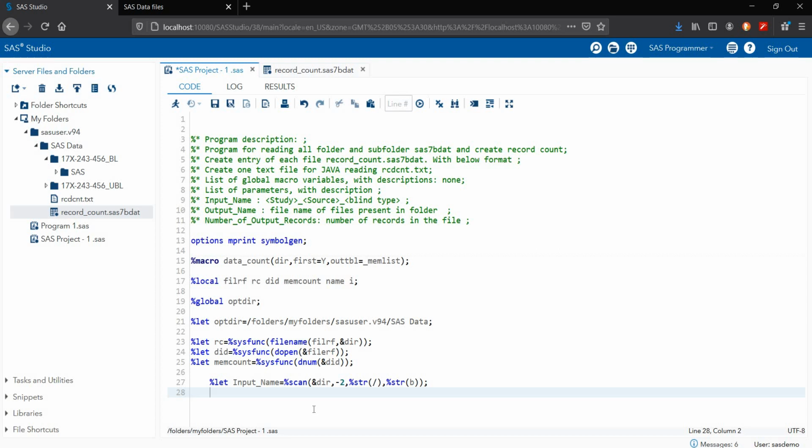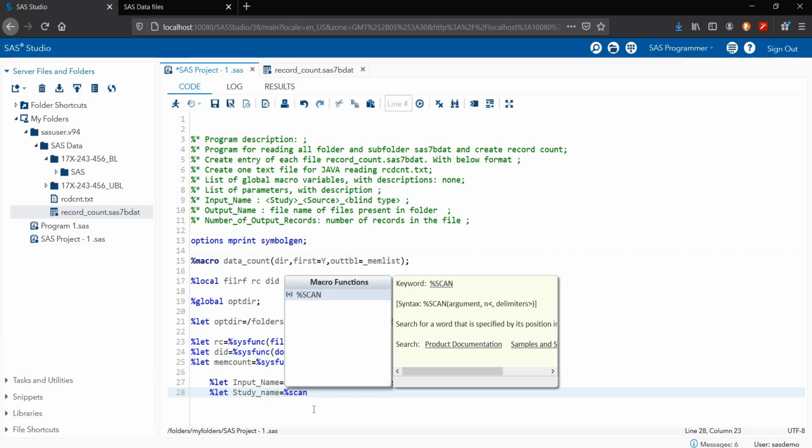Next is my study name. %let study_name is equal to %scan.